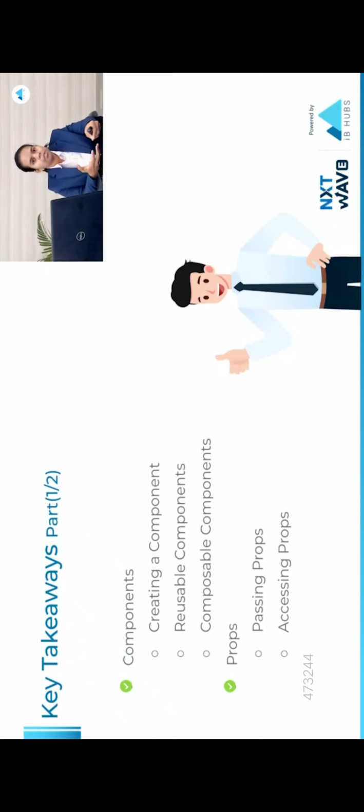Then we understood about props. To pass some information to components, we can pass them through props. We understood how to pass props. It's just like how we define attributes on an HTML tag, we can pass props to a component. Then we understood about accessing props: using the function arguments, you can access the props. We also covered the initial setup, how to do it, and how to start the application. Okay, so in the next session,